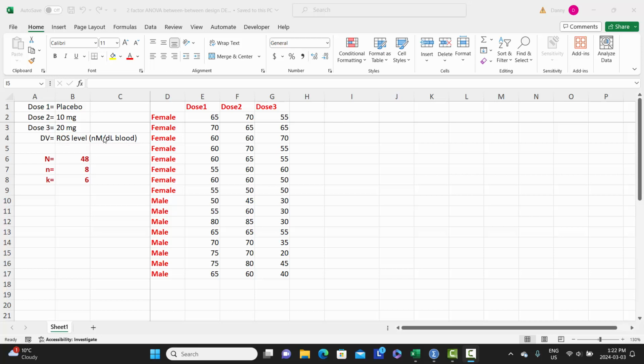In this study, 3 different groups were exposed to 3 different levels of this new drug. We have the first group, which received a placebo drug. A second group received a 10 milligram tablet, and the third group received a 20 milligram tablet. But we want to contrast if sex had an effect here on the response of the outcome variable, which is reactive oxygen species level, between females